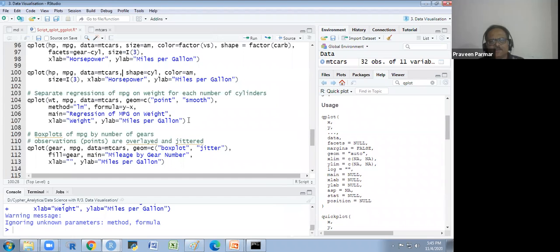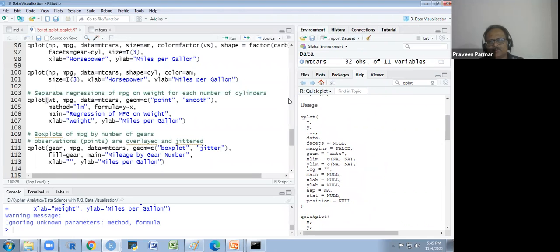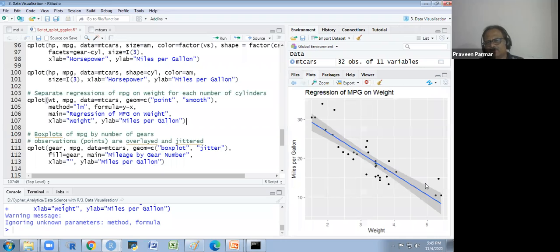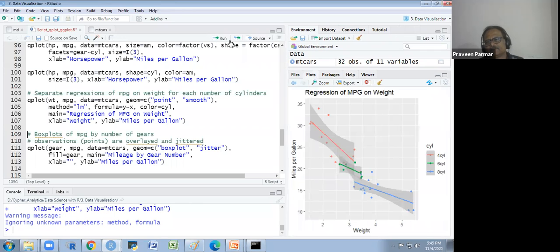So this linear graph, I again plot it, or I have plotted. I will show you this is with that single, and what we were doing with cylinder, and I run it again. These are separate for the 4-cylinder, 6-cylinder, and the 8-cylinder. So these are separate if you are writing the cylinder here. Got it? Okay.